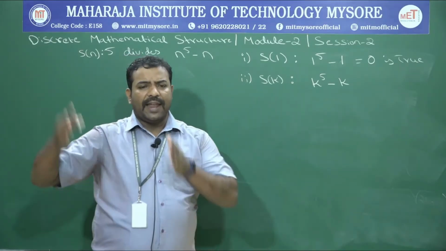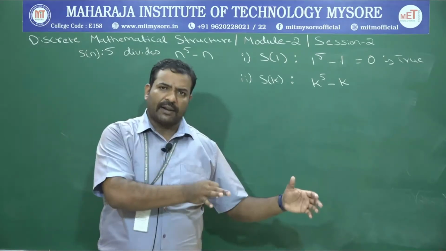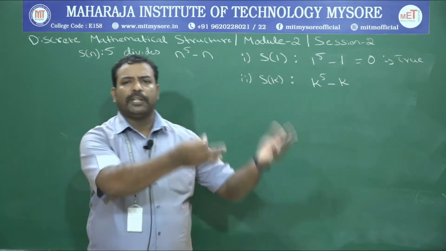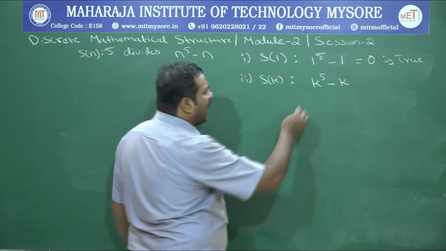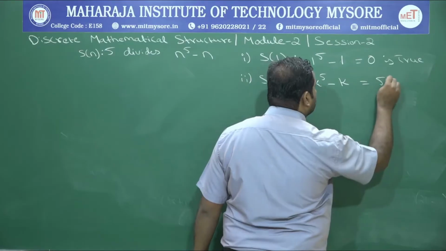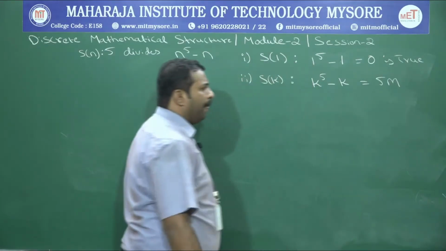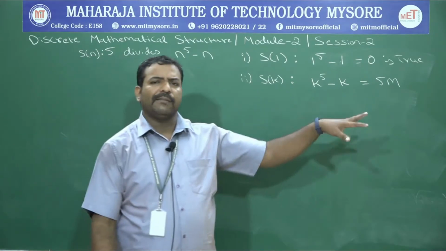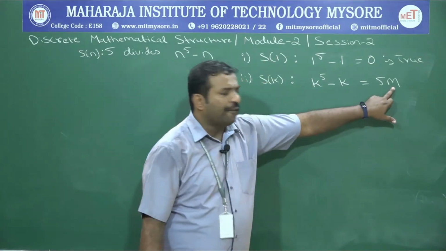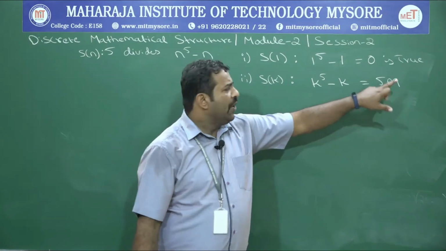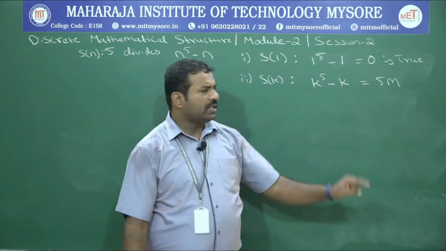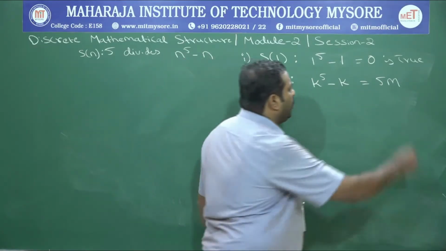Hence I'm going to say k to the power of phi minus k is a multiple of phi. Hence I'm going to say phi m, m being some integer. Whatever positive integer from Z plus I take, it should be a multiple of phi for the given statement. Hence by assuming this to be true,